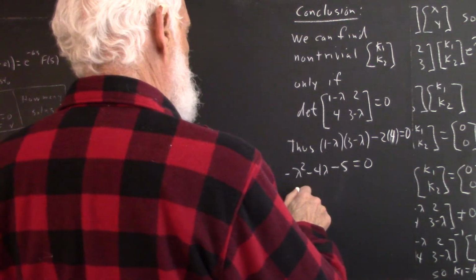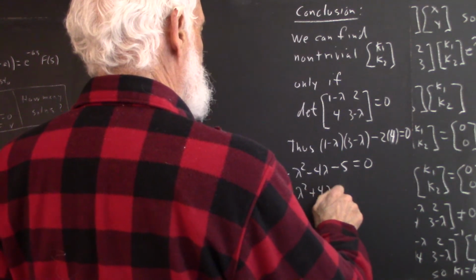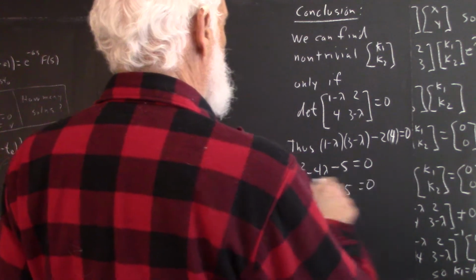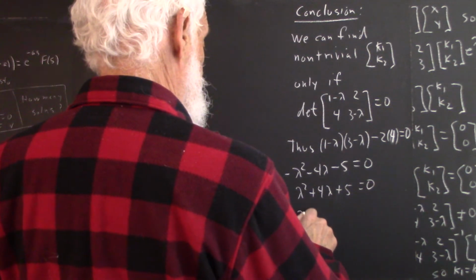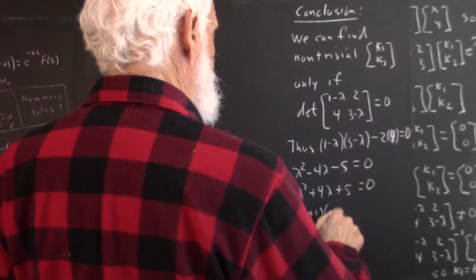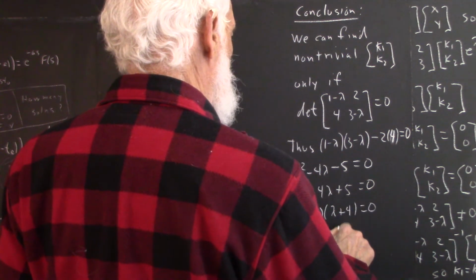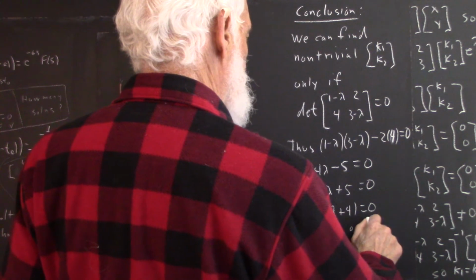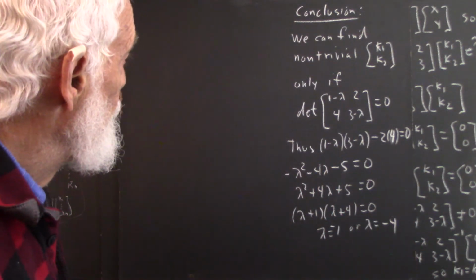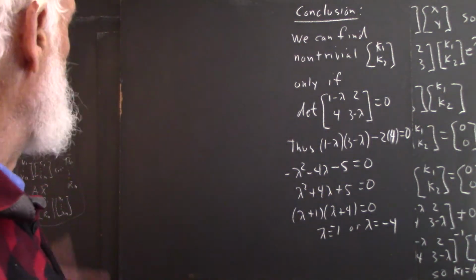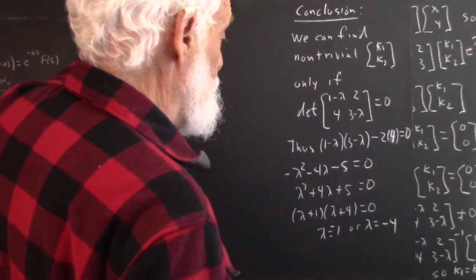We can still factor this, and, well, let me be real detailed here. Instead of just changing those minuses to pluses, write it out. So lambda plus 1 times lambda plus 5 equals 0. So lambda equals negative 1, or lambda equals negative 5. Okay, so our solution, or our assumption over here was